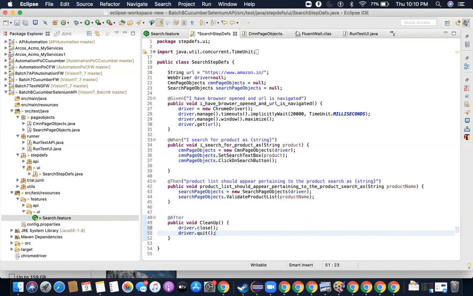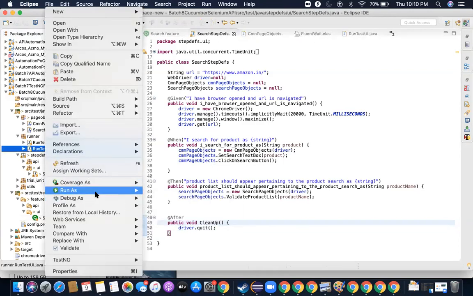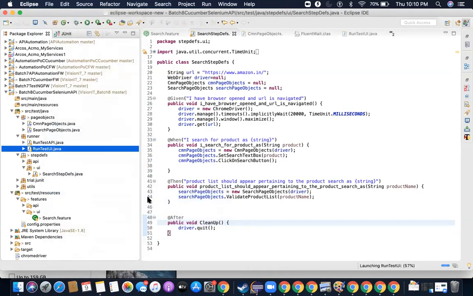There are basically 2 commands available for closing the driver. One is driver dot close, the other is driver dot quit. Now there is a slight difference between these two. Let's say you have a browser, and inside that browser you have 2 tabs open, right? Tab 1, tab 2. So driver.close actually closes only one tab. However, driver.quit closes everything, right? And in our case, since there is only one tab and we want to close everything, we are going to use driver.quit. Okay. So now if I go and run this for the last time, run as JUnit test,